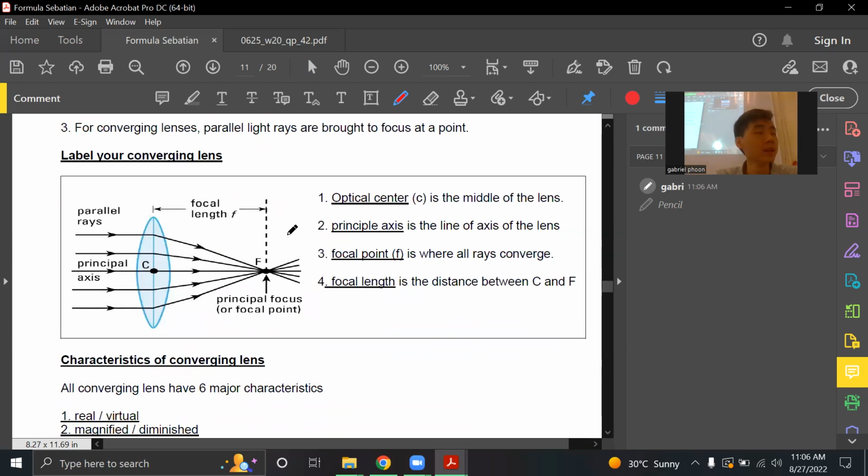In terms of the lens here, I mentioned that there are 4 key things that you need to know, guys. Definitely number 1, the optical center, which is the dead center of the lens, right? The principal axis, which is essentially the x-axis of the lens that separates the lens in half. The focal point, by definition, is where all the light rays are going to converge, guys. And of course, finally, the last part before I ended last week is the focal length,